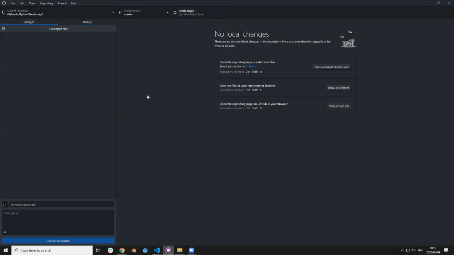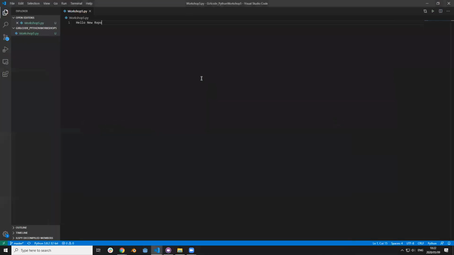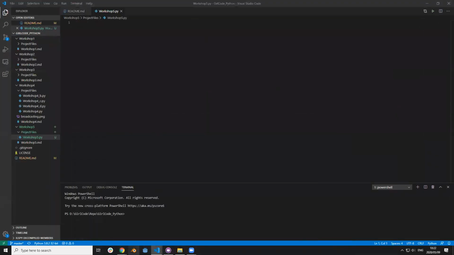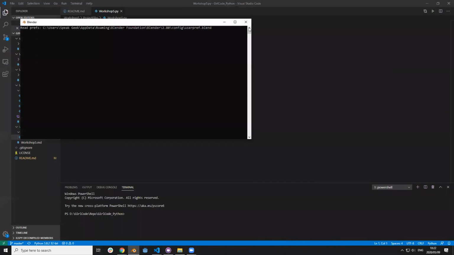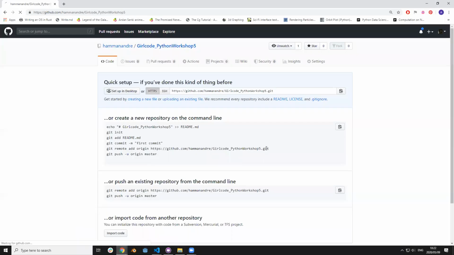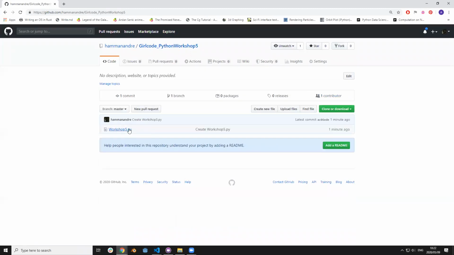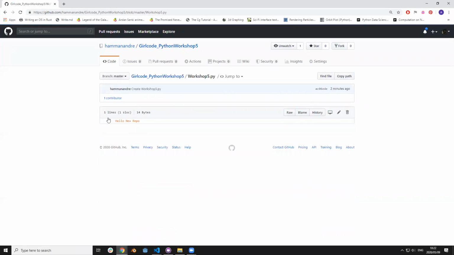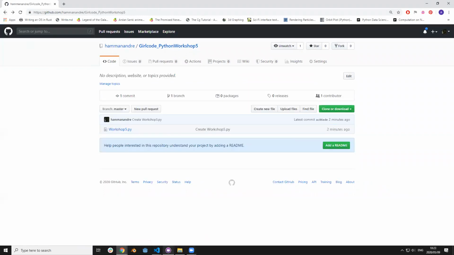Now I have my first change. And if I go here to Chrome and I refresh, you can see here is my file and the text inside of it is the same. So then if I now change it,